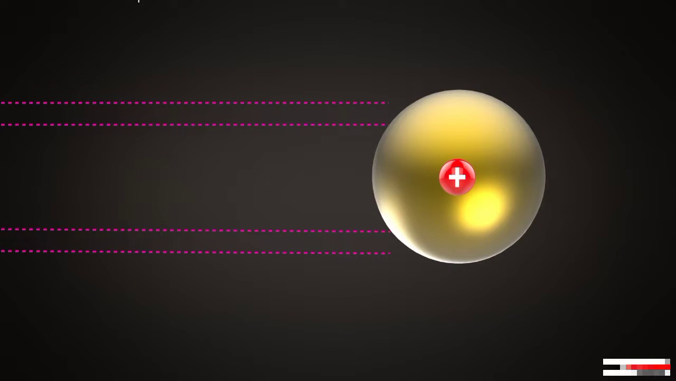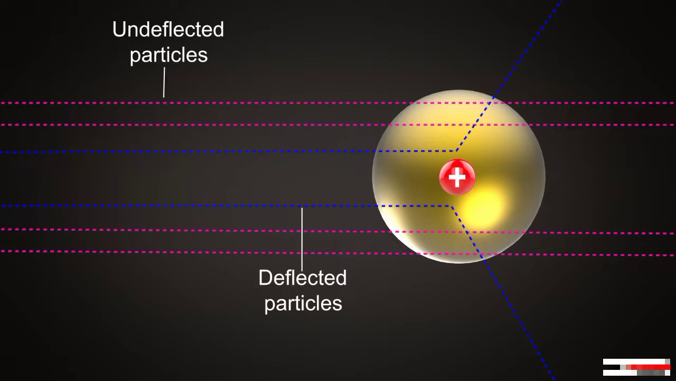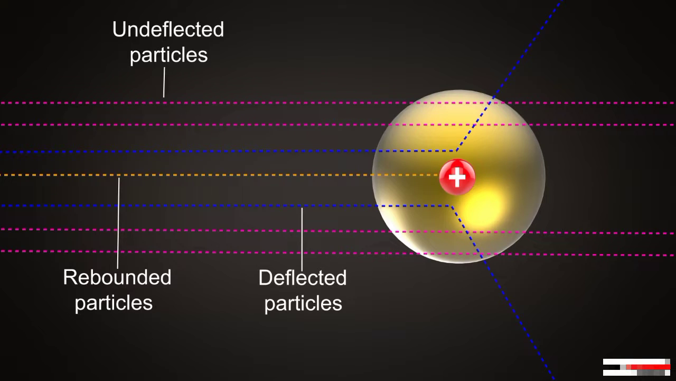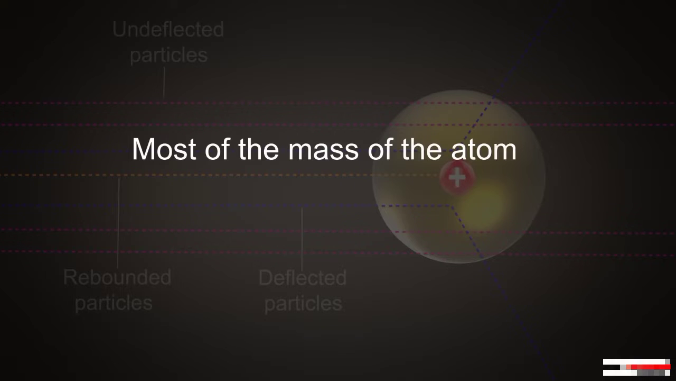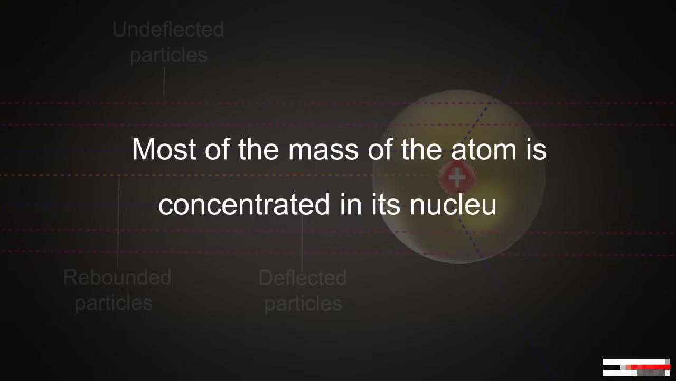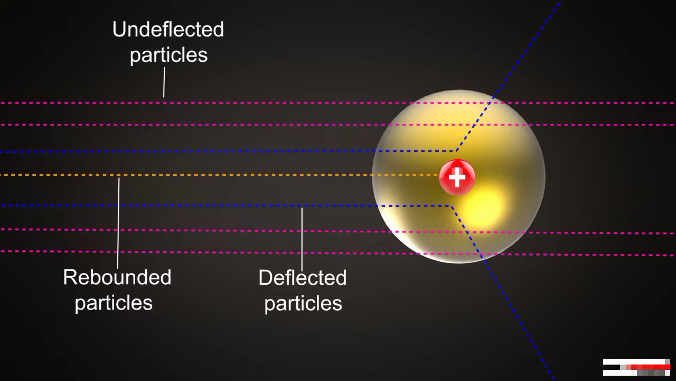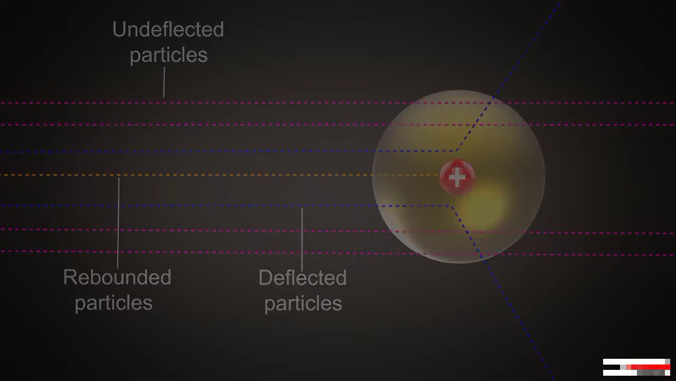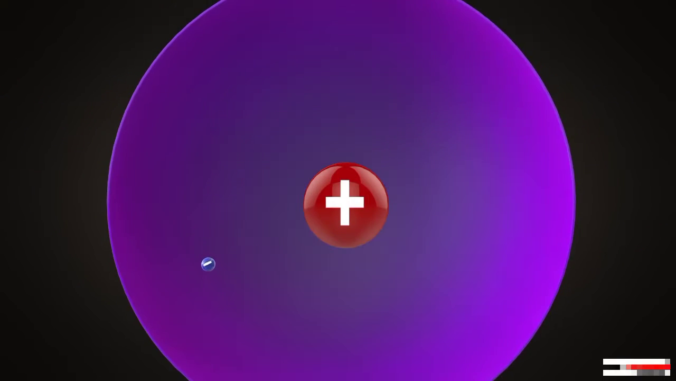Looking at the proportion of the particles undeflected, deflected and rebounded, and based upon some calculations, Rutherford concluded that most of the mass of an atom is concentrated in its nucleus. Based on all these conclusions, Rutherford suggested an atomic model which was known as the nuclear model of the atom. According to Rutherford's nuclear model,